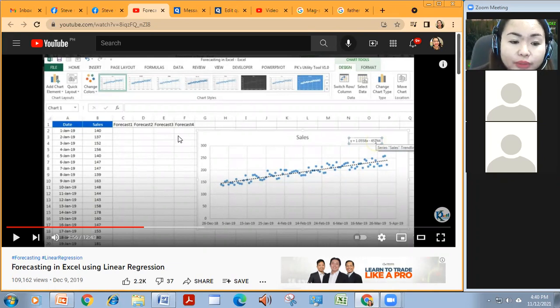And in this video, they have given us four ways to do it. Forecast number 1, you use the Excel forecast formula. The second one is if you use the trend line formula of Excel. So please just go back to the video recording later. And the third forecast is where you use the slope. And the last forecast is where you use the formula y equal. So anyway, just go back and you can always follow using Excel.